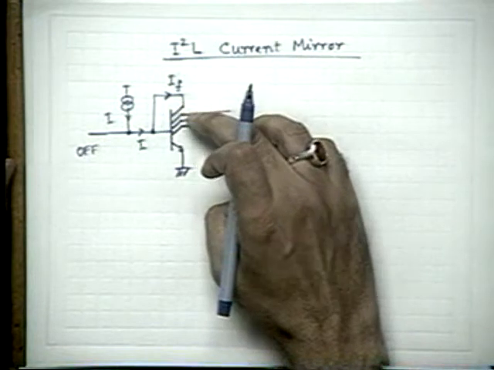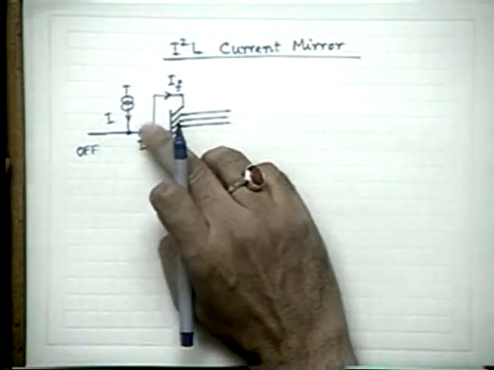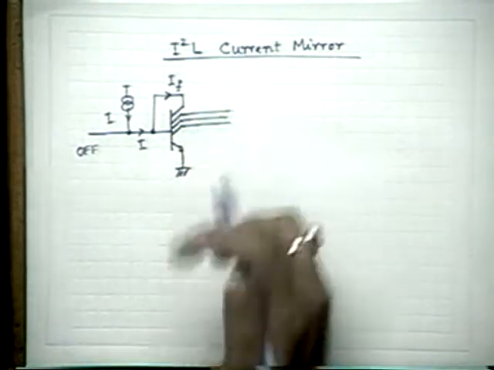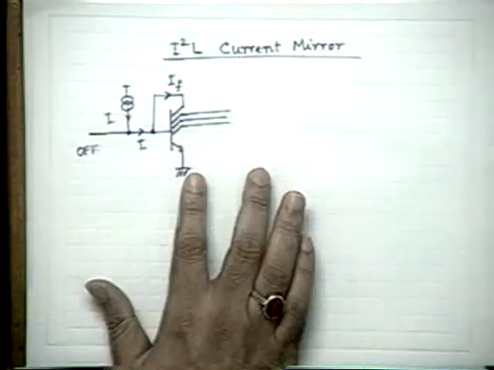Because you have maintained the same collector, practically the whole current will be fed back. That happens. The collector current in a transistor is usually much larger than the base current, because the IC by IB ratio is beta. If you design your I2L in such a way that beta is high, a beta around 50 is difficult. Suppose by a lot of design methodology, I have designed the I2L with the basic beta value, upward beta, and the inverse mode beta is 30.